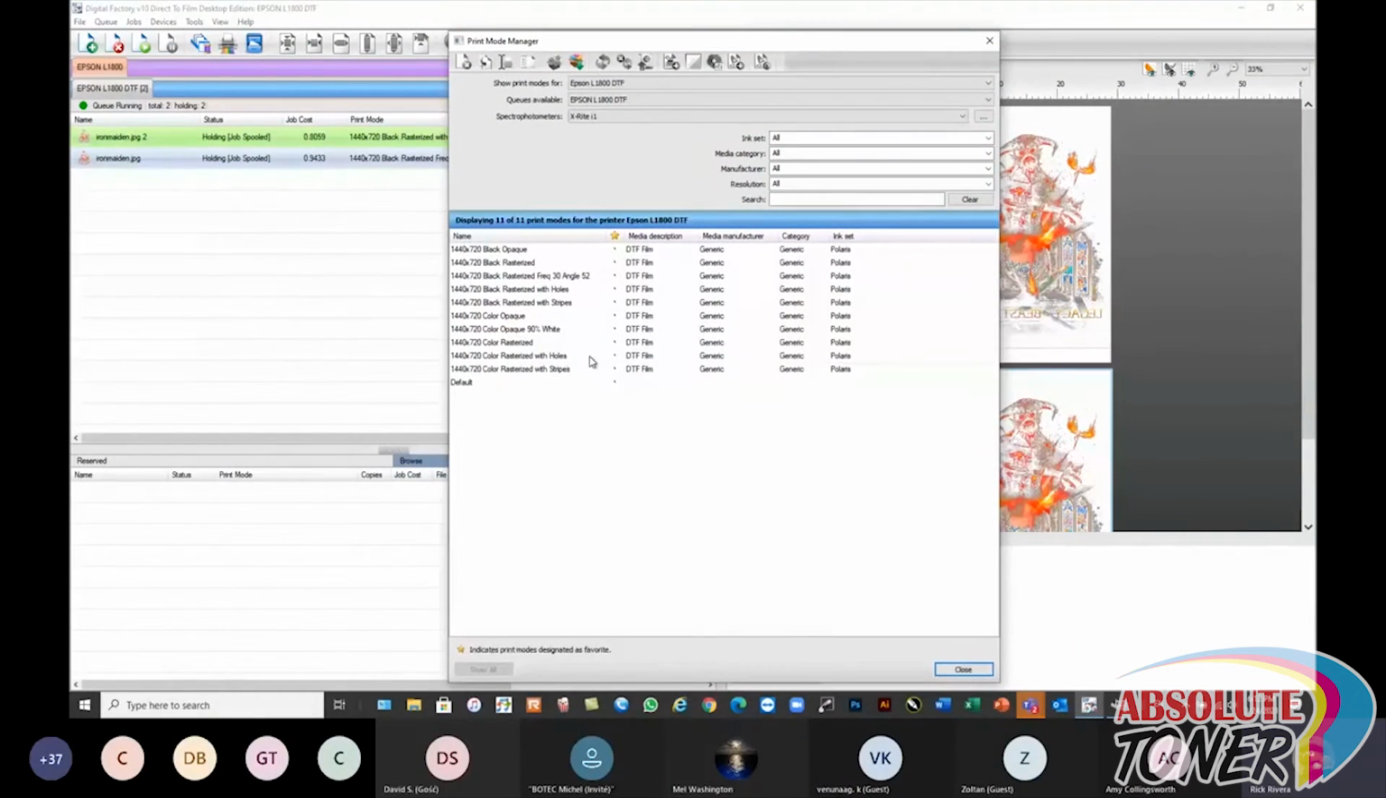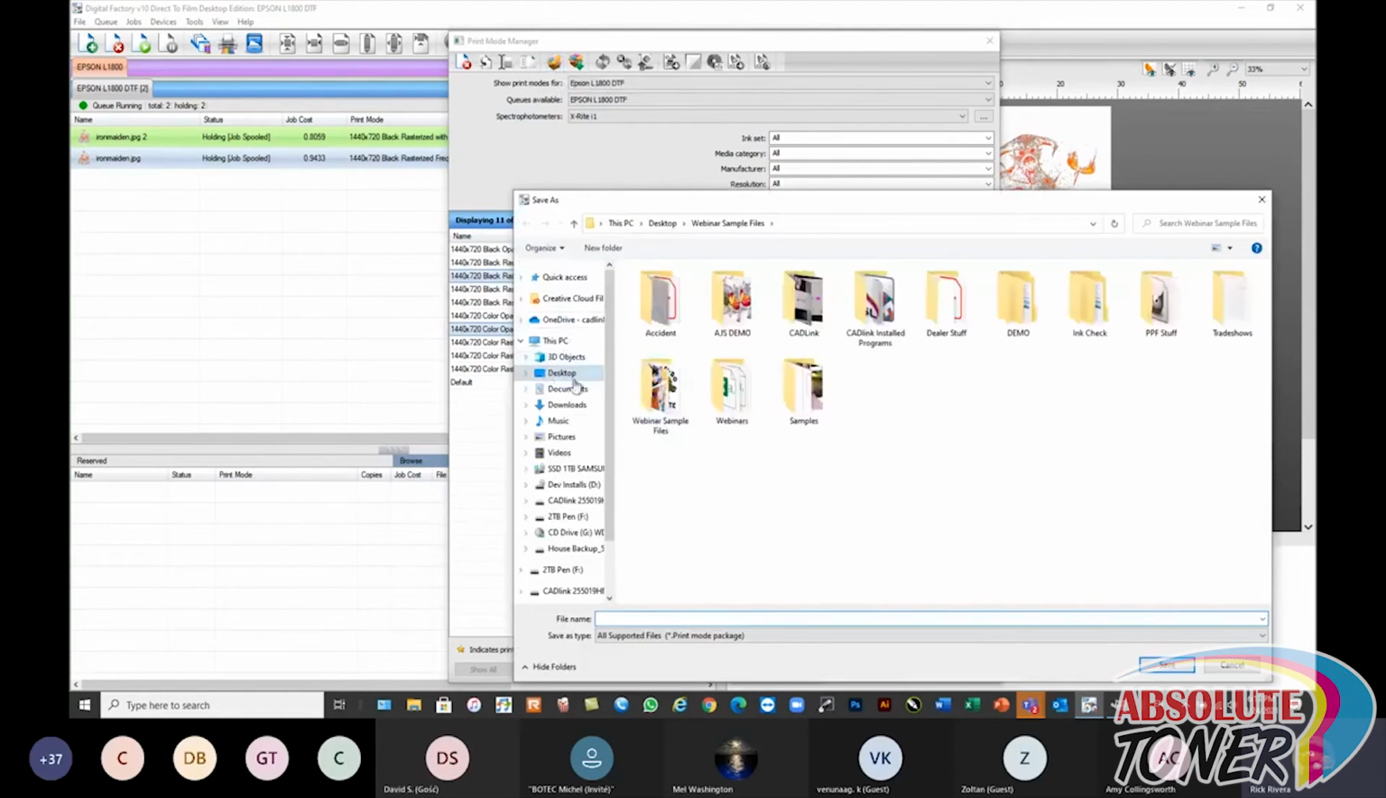Now, when you've created print modes and you want to save them, I highly recommend exporting any print modes that you create yourself. So if I've created these two print modes, I want to save those because if I update my driver or update the software later on, you want to make sure these are backed up because during the update process, there is a possibility that these can be overwritten. So in here, you could create a print mode package. So if I click there, create print mode package, I can go in here, L1800, and we'll go here,